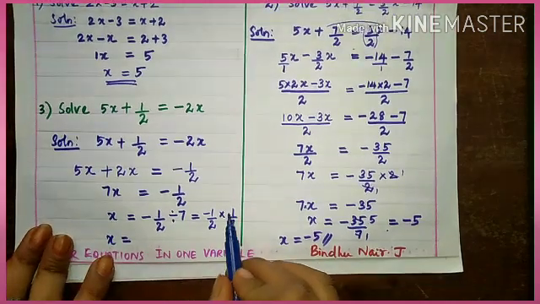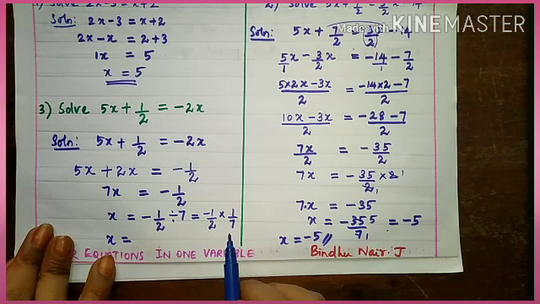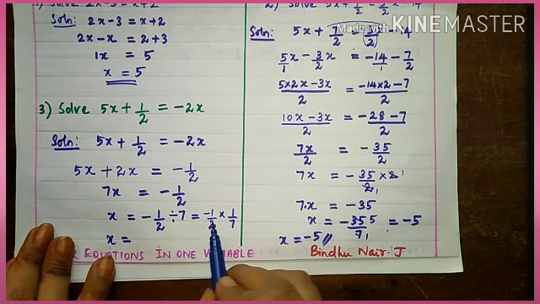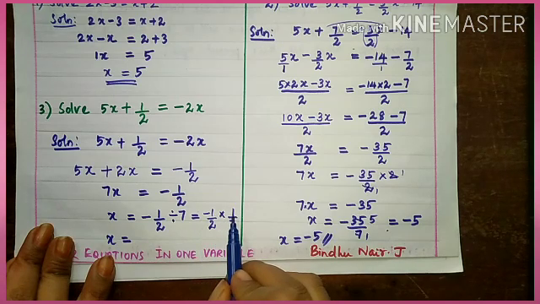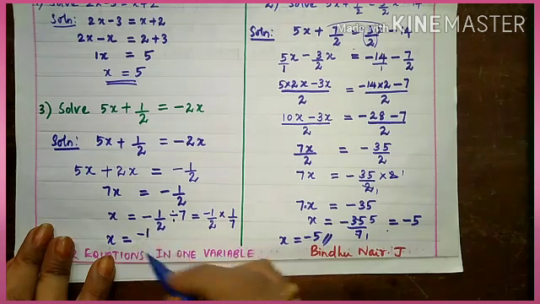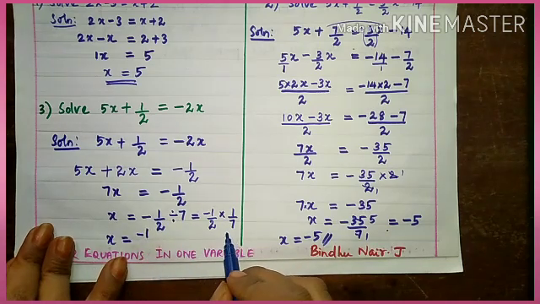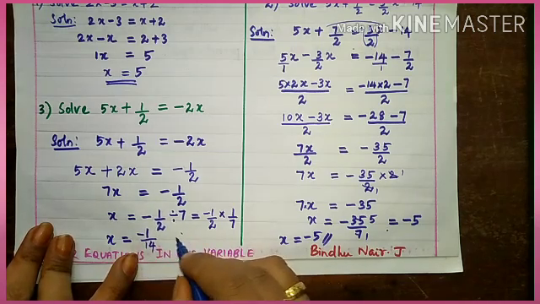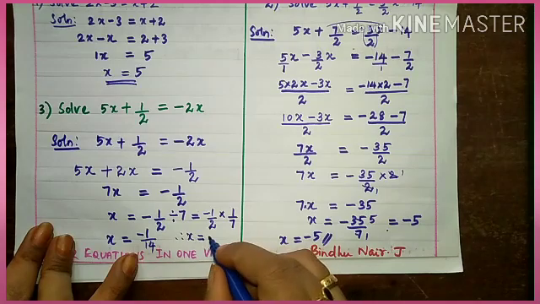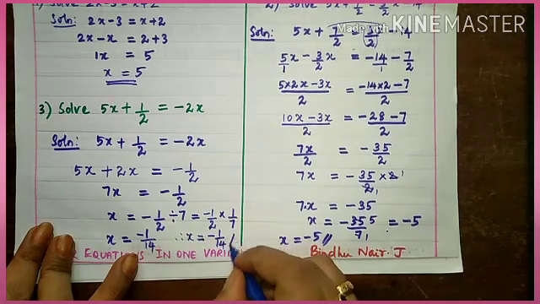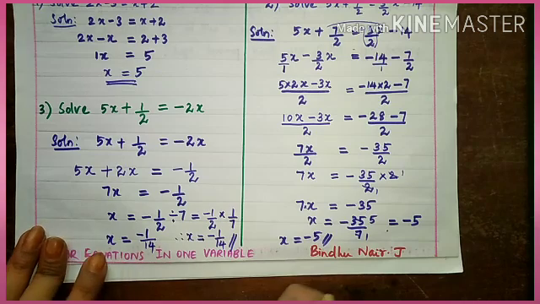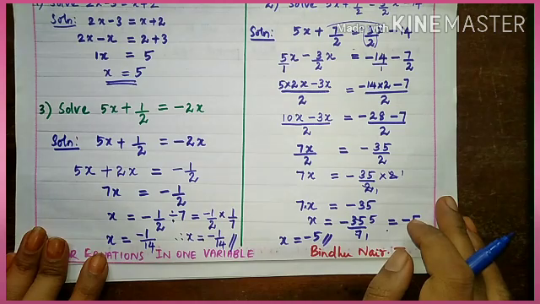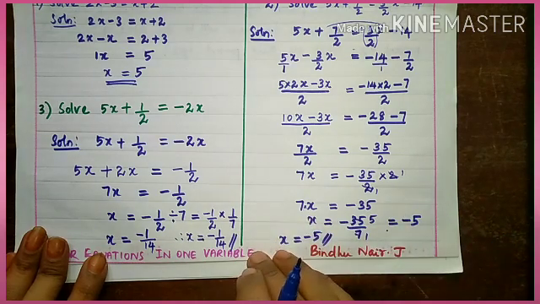Here two fractions when multiply, what you do? Multiply the numerators and multiply the denominators. So what is minus 1 into 1? Yes, it is minus 1. And what is 2 into 7? Yes, it is 14. Okay, so therefore our x value is minus 1 by 14. Okay, so these are some different forms of linear equations we are solving.